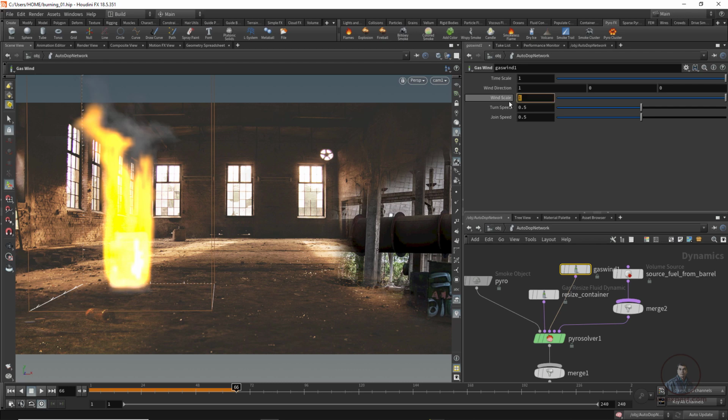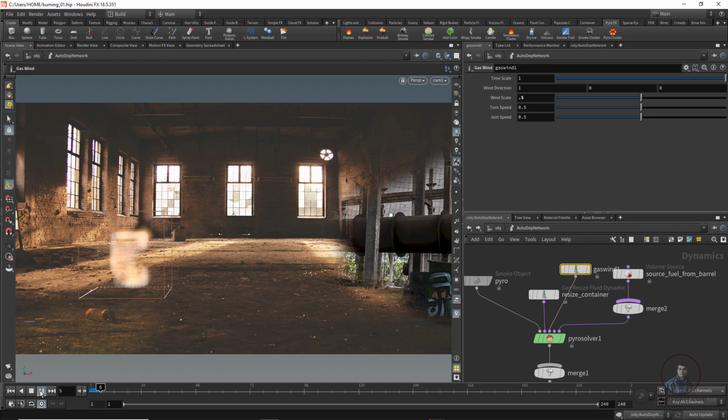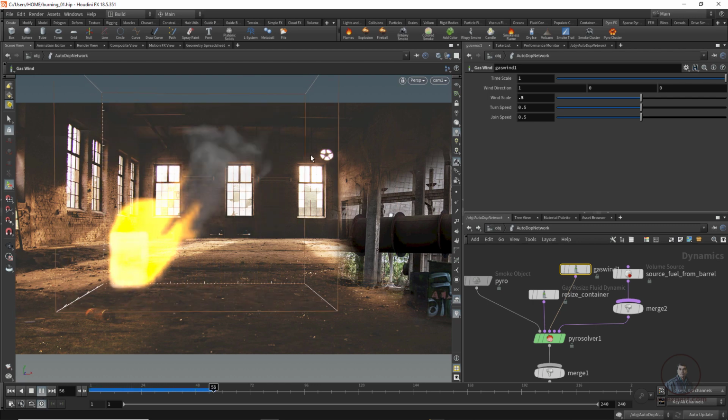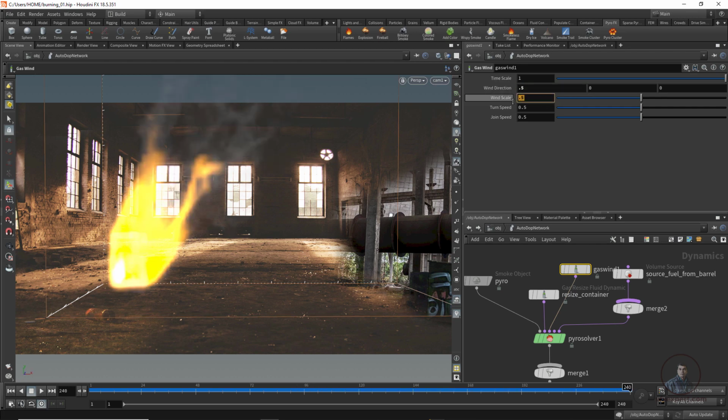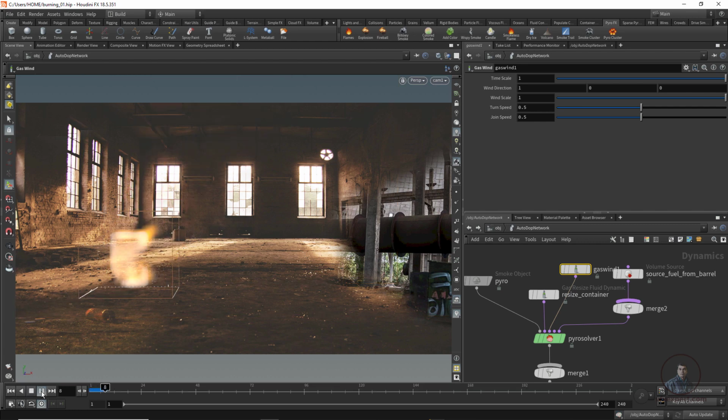Now we have to connect it here and select this one, wind scale, adjust maybe this one, maybe 0.5. Now play a little bit and check here. So now you will see it's going toward this side here, wind direction. So maybe this one 0.5, wind scale will be 1 here, and this is also 1. Okay, now just play and check all these values here. So now you can see here.